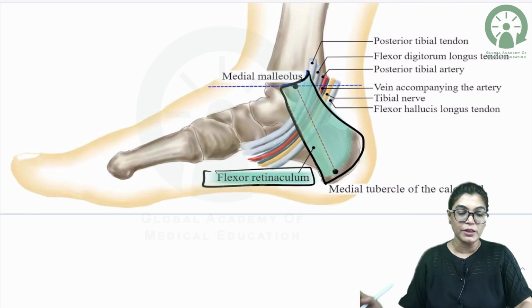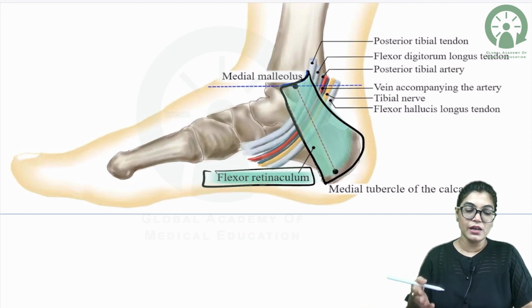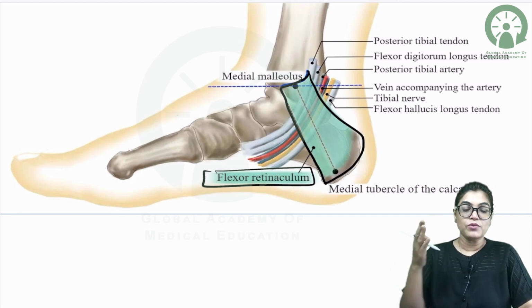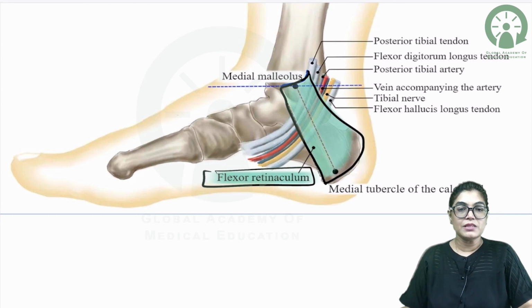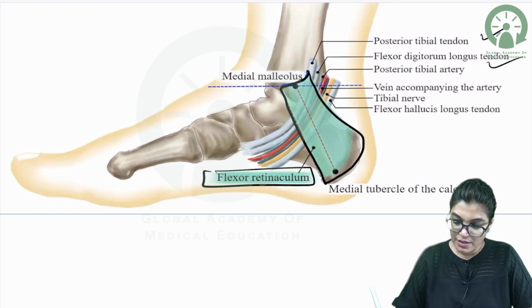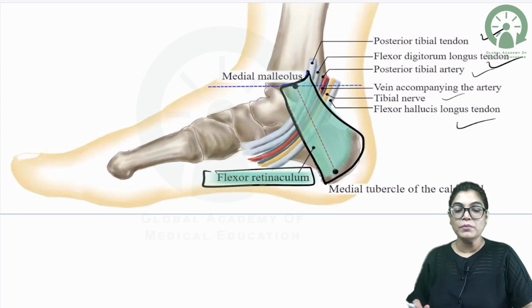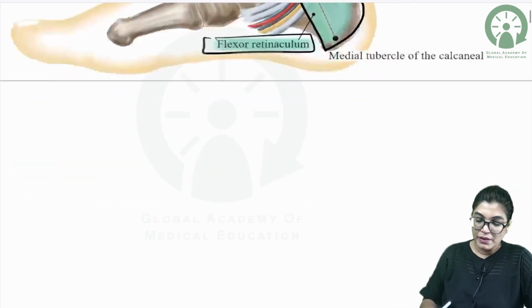There is a very important mnemonic. I will write it and tell you. The structures traversing below or beneath the flexor retinaculum from medial to lateral are tibialis posterior, flexor digitorum longus, posterior tibial artery and nerve, and then we have flexor hallucis longus. The mnemonic is Tom, Dick, Bloody, Nervous, Harry. So please write down about